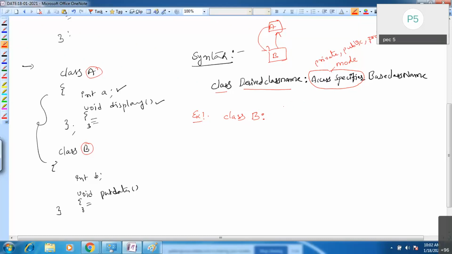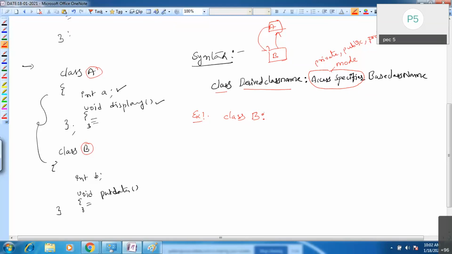In the same way here, after writing the derived class name, mention a colon. This is the inheritance operator. Then the access specifier, or mode, in which you are deriving that class. I will explain what this access specifier is and what it is used for.